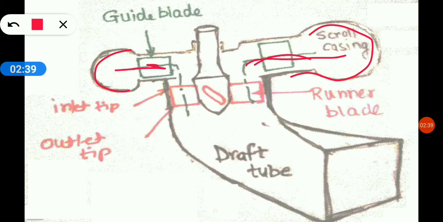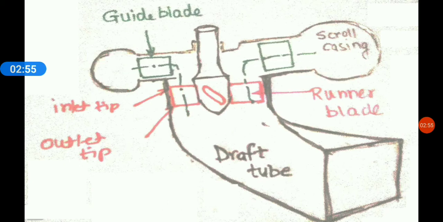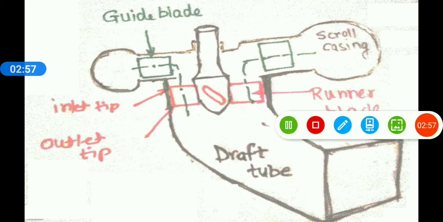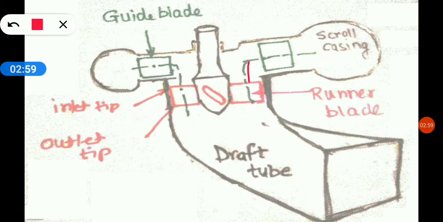Now, in guide vanes, some energy conversion takes place. Pressure gets converted into velocity. A part of pressure gets converted into velocity. Then another important thing is the change in direction. As you can see here, the direction of the flow is changed. So it becomes axial. This is axial flow now. Now you can see these are the blades of the turbine, red colored blades.